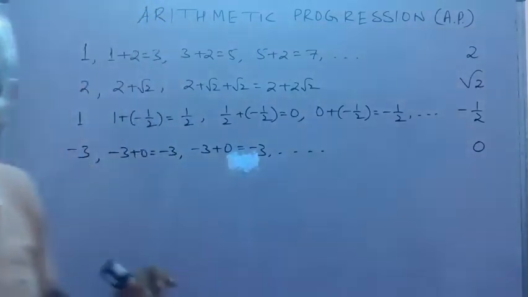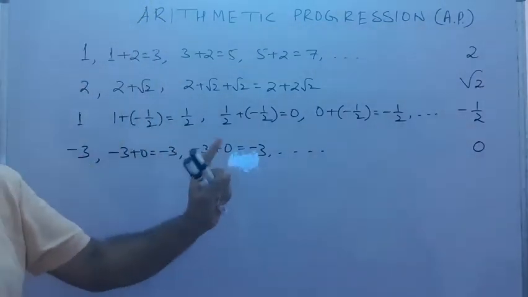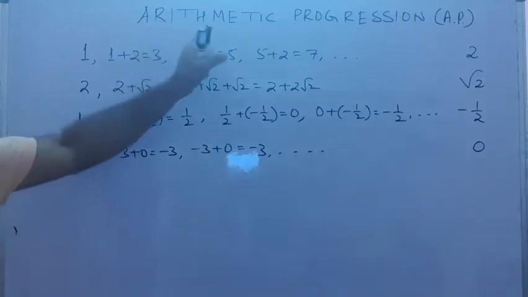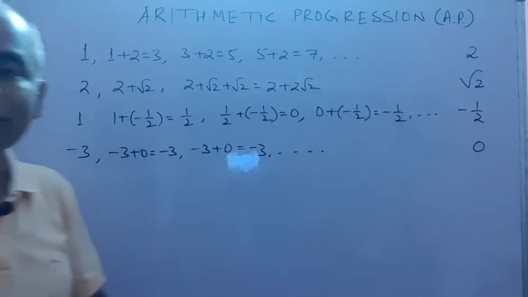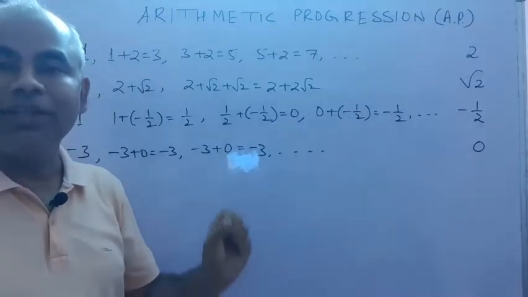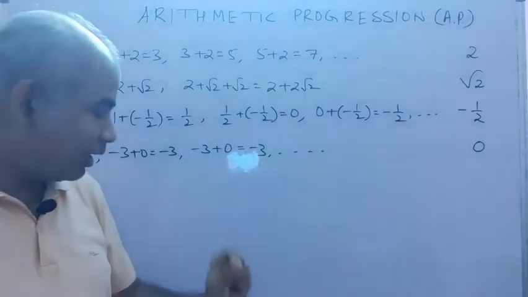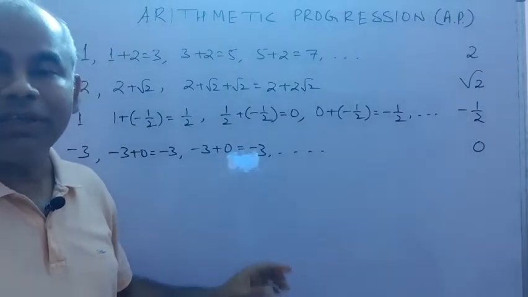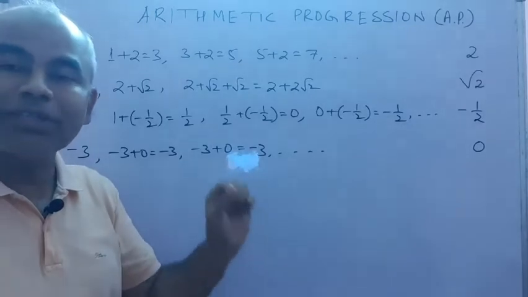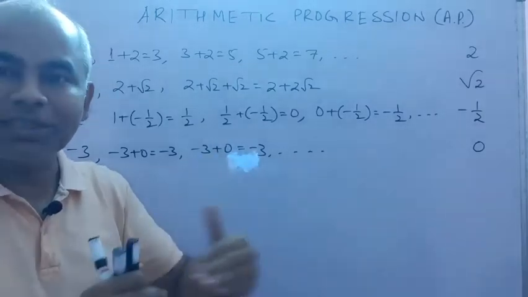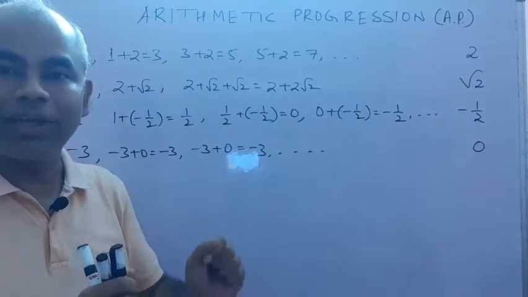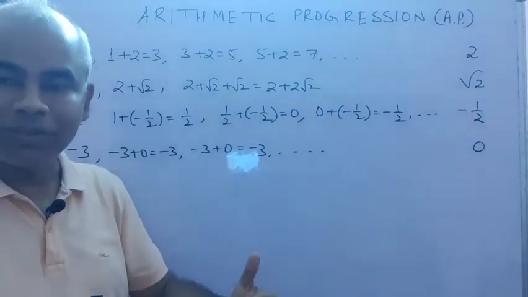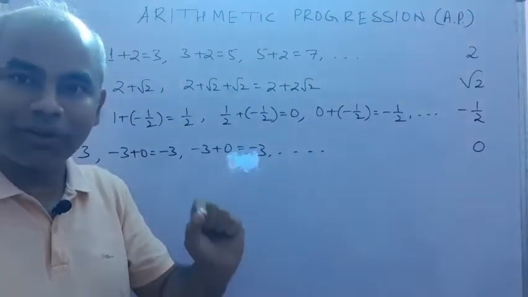Okay, clear? So when you write these types of numbers, they form a sequence, and that sequence is called an arithmetic progression. What is an arithmetic progression? If you are to define an arithmetic progression, what will be your definition? An arithmetic progression is a sequence of numbers. Sequence means we write some numbers in a particular order, or in a particular process, or in a particular rule.